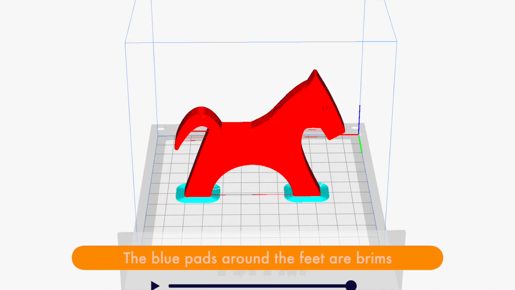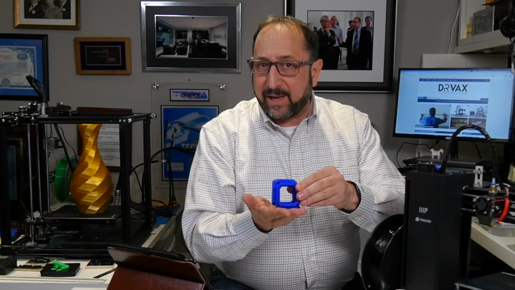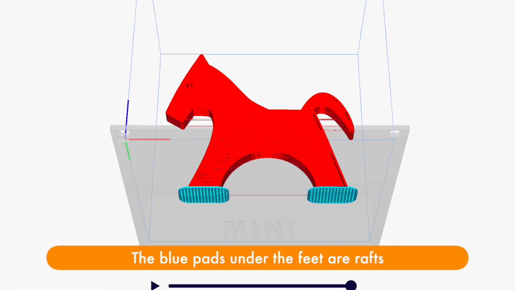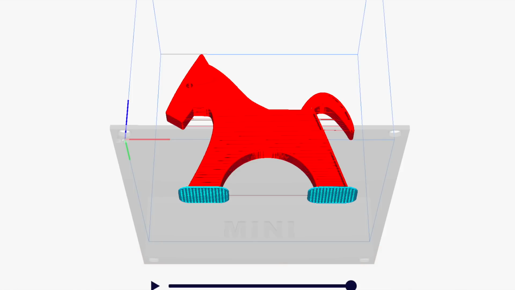A brim is plastic around the outside of your model that connects to the edges very lightly to sort of give it some additional support, create a base, but not plastic underneath. A raft is actually a plastic pedestal built under your print, a platform under your print to make sure it adheres firmly. Rafts are the hardest to get off, brims are easier to get off, and skirts don't touch your model, so they're very easy to get off.